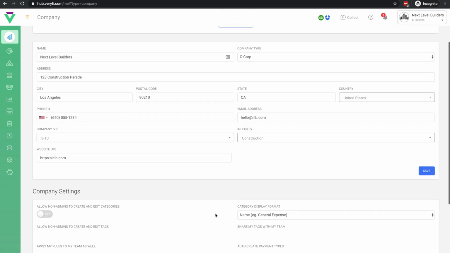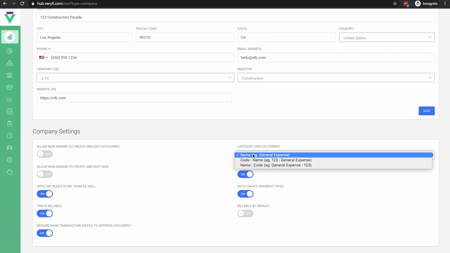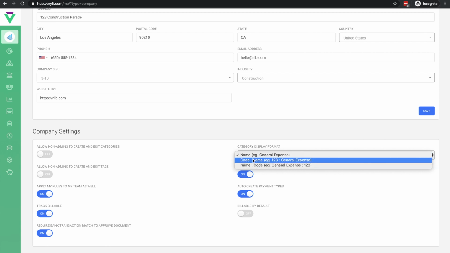The next section contains settings that affect all team members in the company. The first setting dictates whether non-admin users are able to create or edit their list of categories. If this is disabled, they will simply inherit the company's category list, which can be managed by any company admin. Next, we have the category display format. You have the option of displaying the category name alone, or a combination of category code and name in either